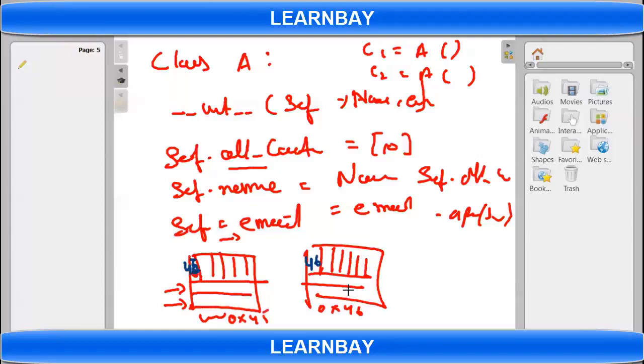Now if you try to print this list, first of all, you will not be able to print this list using the class name. You have to print this using self, then it will print only 1 element because we are having only 1 element. And if you make it outside, then both will be added in the outside list. And then if you print it, it will print all 2. Clear?